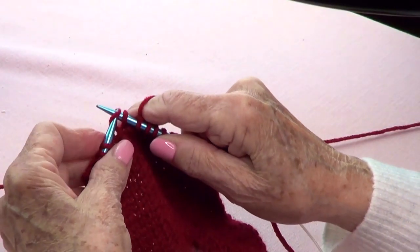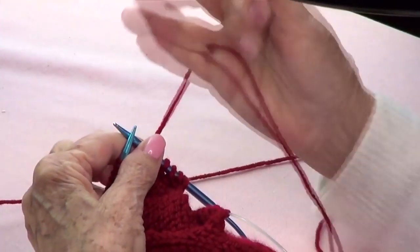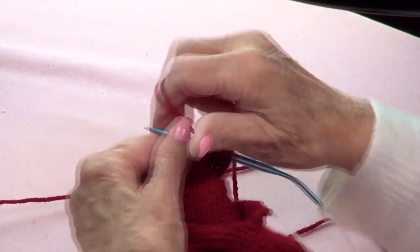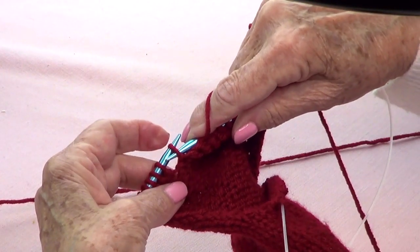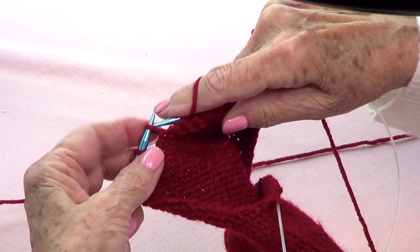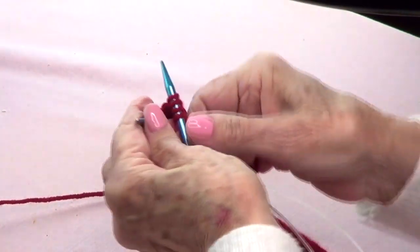Slide, knit, and knit 1. Turn, and we're going to slide 1 and purl 5. 1, 2, 3, 4, 5. Purl these 2 stitches together, so you have a stitch from where we're working and one from the needle, so purl together and purl 1. Turn,